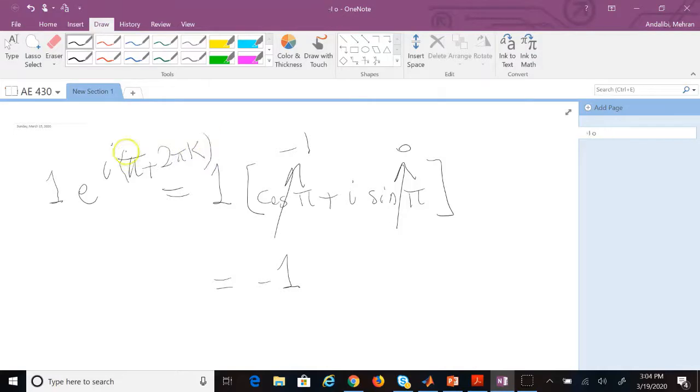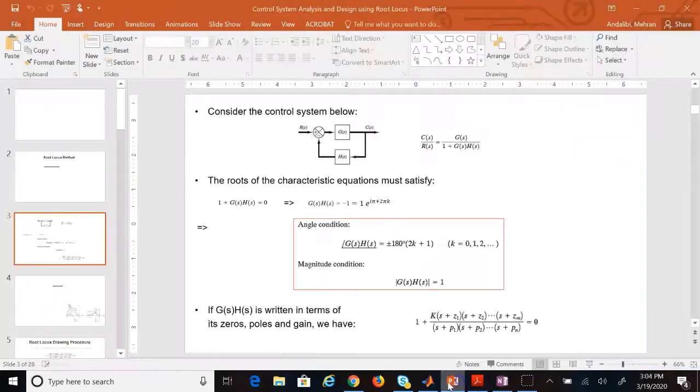And we know from complex numbers that when we add to the argument any integer multiple of 2 pi in general, this is not going to change, right? Because this is going to be cosine of pi plus 2 pi k, and sine of pi plus 2 pi k, and since sine and cosine have a period of 2 pi, it's not going to change the value of the sine and cosine, so you're going to get the same thing, okay? Now, going back,